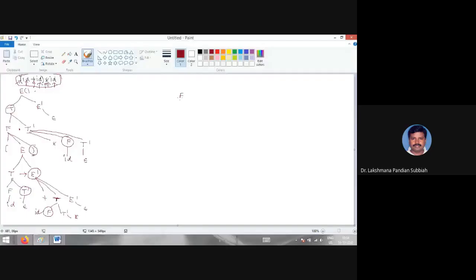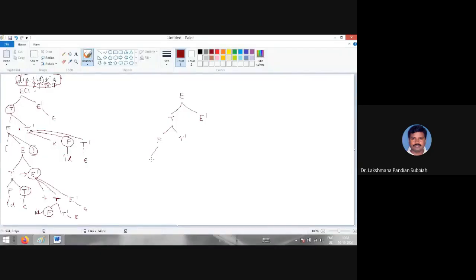So here we have this ID. We are invoking first the procedure E. That procedure in turn calls T E dash. Then this in turn calls F T dash. F first, right? So F is being called now. Here we are checking now. This is an open bracket, so the open bracket is there. So it will invoke the